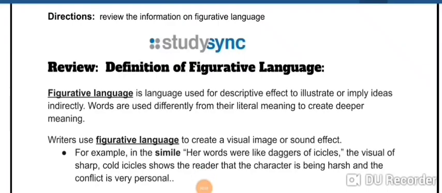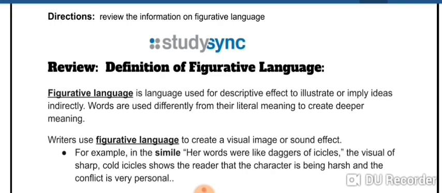Okay, we are going to go over figurative language now. And then at the end, we'll go through a couple examples so that you know what to expect and how you are supposed to use figurative language to analyze a text, specifically the mood that the author is creating. So, as I mentioned before,